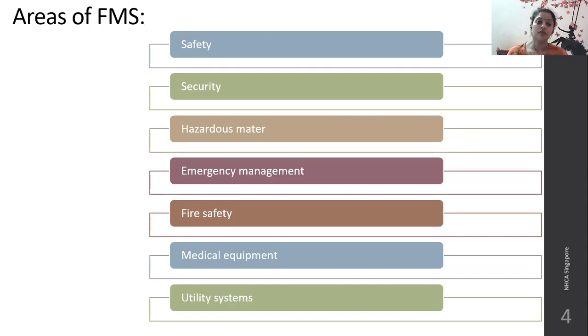So areas of facility management systems are safety, the degree to which the organization's buildings, construction areas, grounds, and equipment do not pose a hazard risk to the patient, staff, and visitors. Then security, protection from the loss, destruction, tampering, or unauthorized access to or use of any data or any physical facilities. Hazardous materials, handling, storage, and use of radioactive and other materials are controlled and hazardous waste is safely